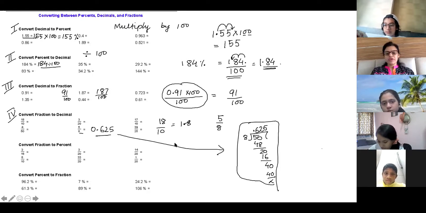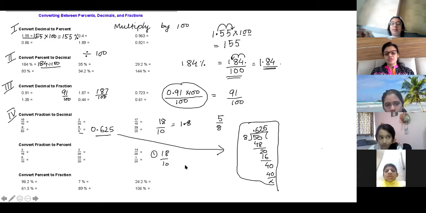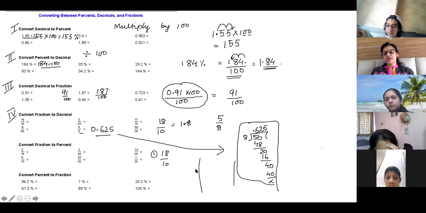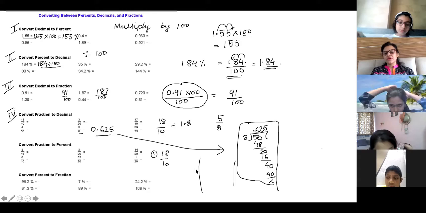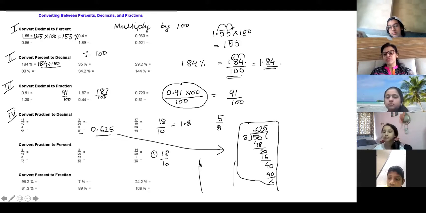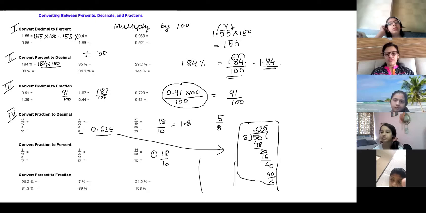On the side of the page. Do it wherever you're writing the question, like I wrote 18 by 10. Ma'am, on the same page only, but where I wrote the question. I'll see in the notebook, but try to do it there only, because sometimes all the rough work is together, so it is very difficult to find out where you have done it. If your rough work is neat, that is fine, but do it in that question, wherever you're doing the question.